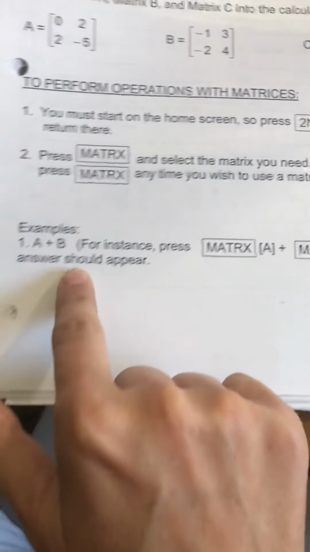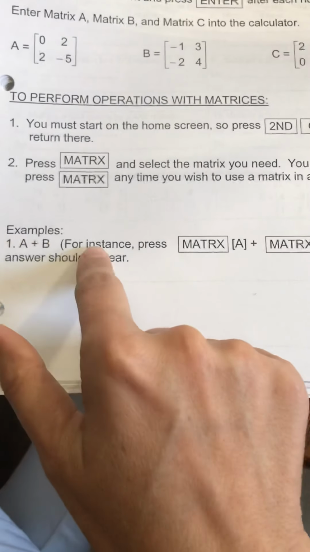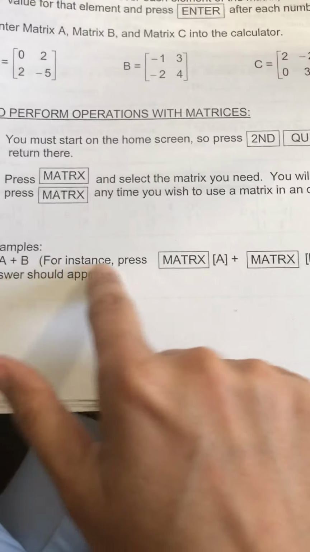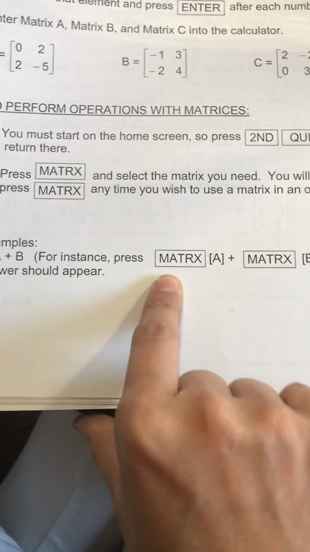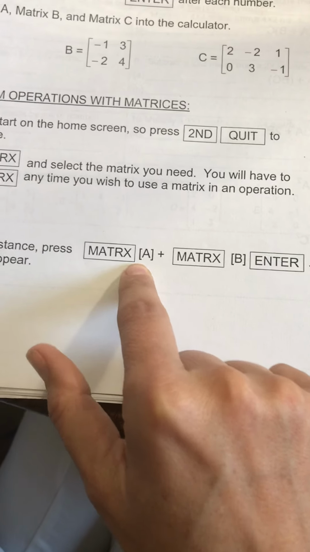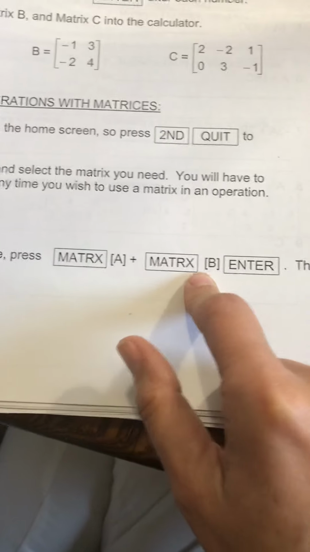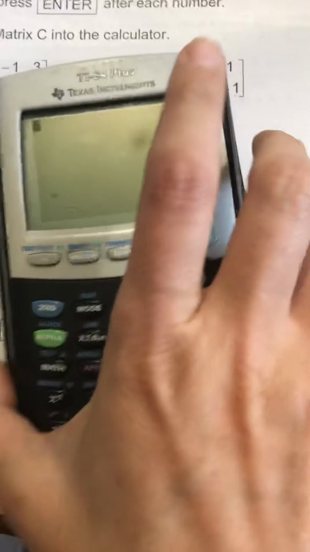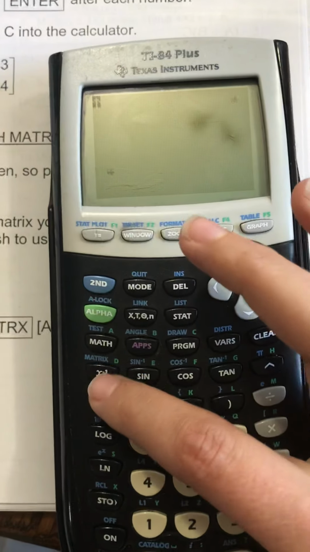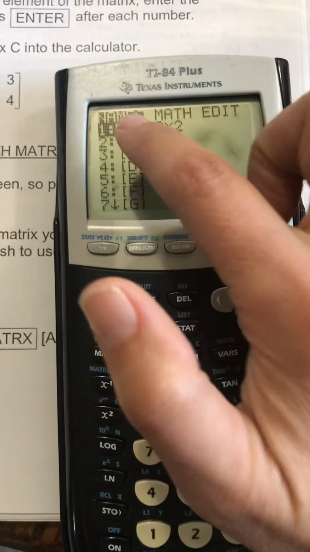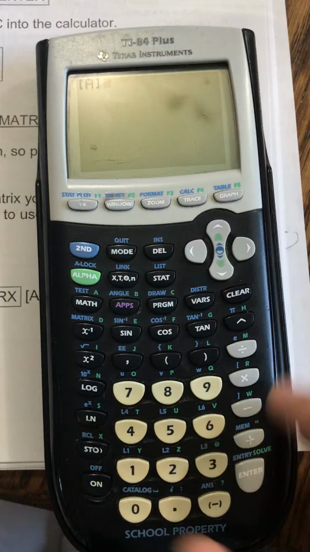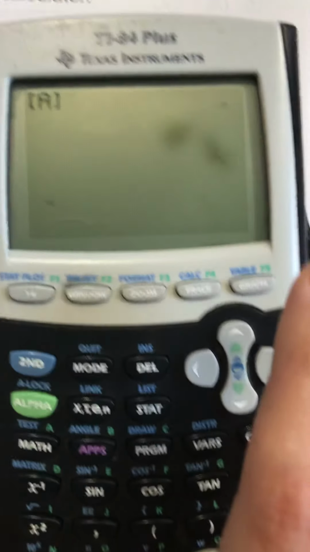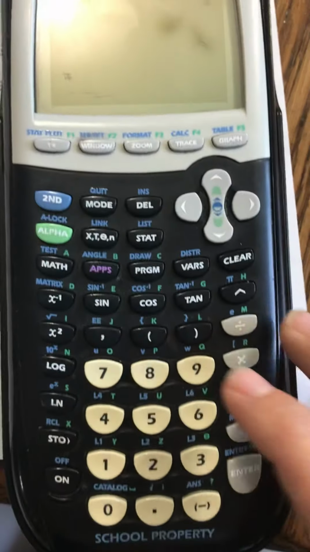All right, and we're gonna try these operations down here. So the first one in the example says A plus B. Okay, so you're going to go back to the matrix key, and you're going to hit A, and then you're going to hit plus the matrix key B and hit enter. Okay, so you have to start from this screen though. Now you're going to go to matrix, and you're going to choose A and hit enter. Okay, so now it looks like your A matrix, and then you're going to go plus